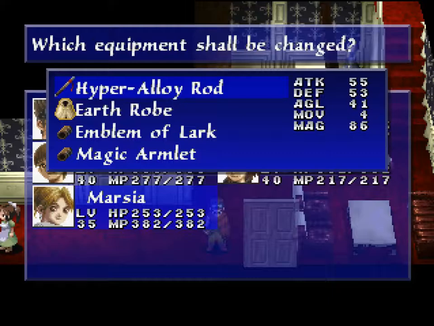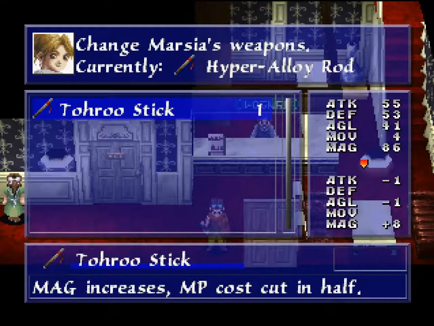Let's change back to the Hyper Alloy Rod that she had before. And yeah, magic increases by quite a bit, as you can see. Attack goes down ever so slightly, but MP cost is cut in half. And that seems amazing. I actually combined...